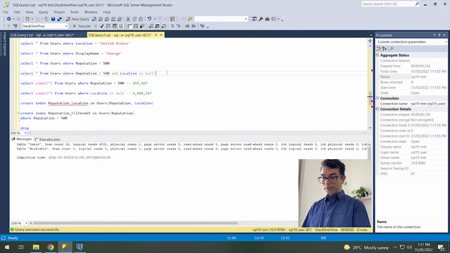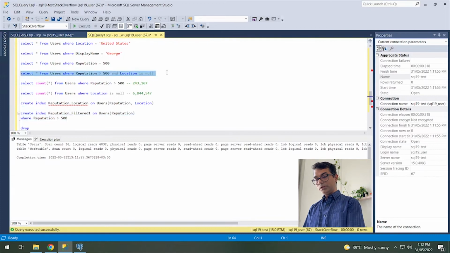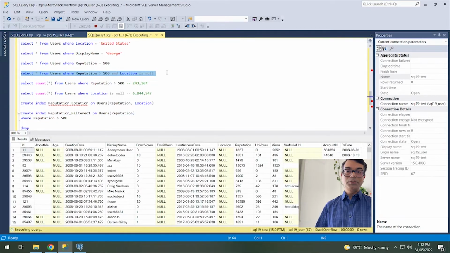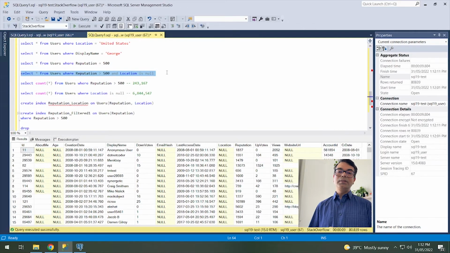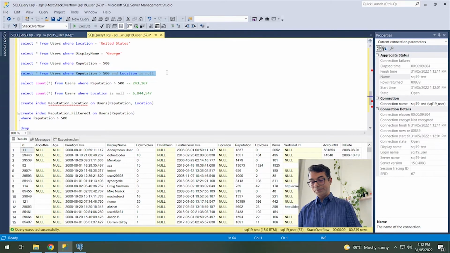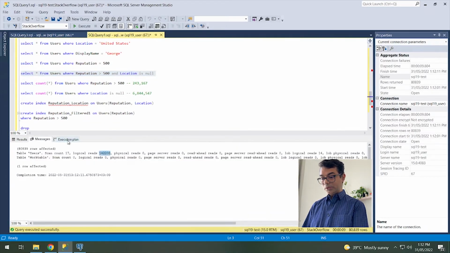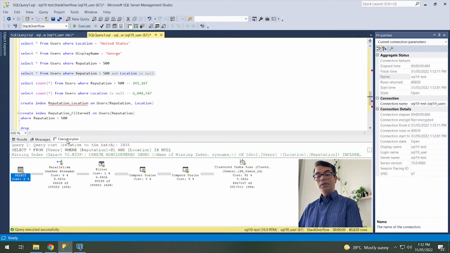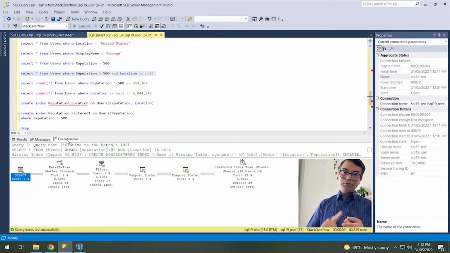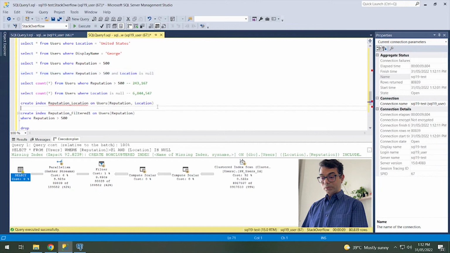Now maybe you will think that this will be using the new index, right? Because it's a filtered index, it has many repercussions, so you need to really consider that. I am showing you just for lab purposes, how you can think like that and how it could help. Okay, so the query is completed, and let's see how many logical reads. So it's not using our index, right? We have a one column index, a two column index, a three column index, and one filtered index on the selective column, which is very selective, right? Even then it's not using it.